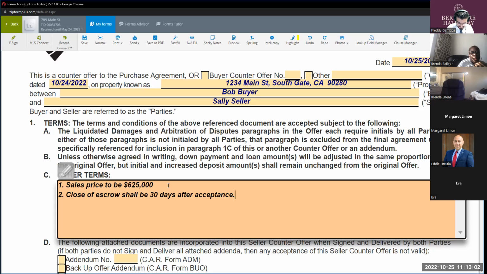Inspection? Investigations? No, those are contingencies, Brenda. Remember, on the RPA, what do we highlight? Initial deposit, right? So what do we want for number 3? Initial deposit to be